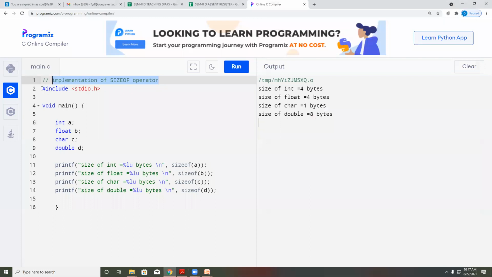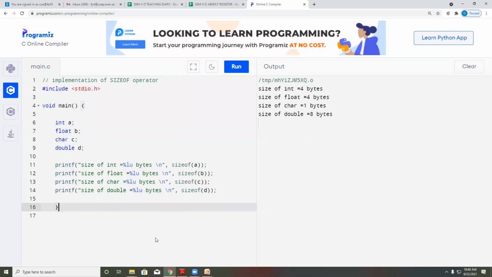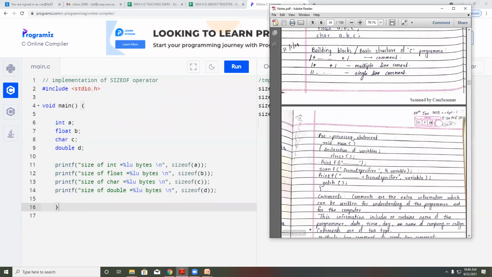But if you give slash star up to this point, whatever is in between the star and slash will be hidden. You can give multiple-line comments with this option. Slash and star, this we call a multi-line comment.